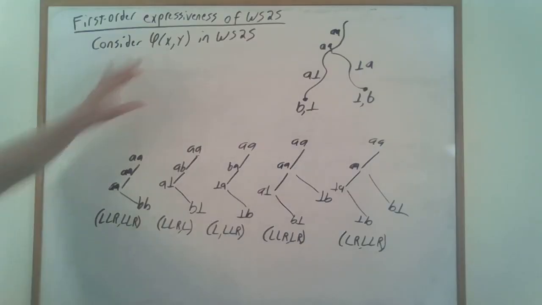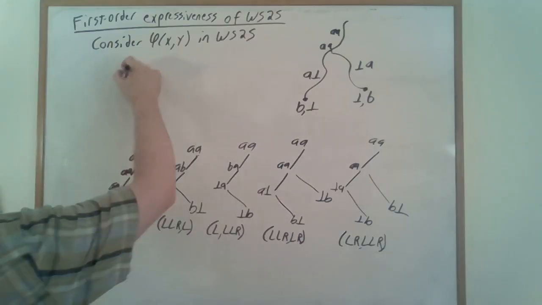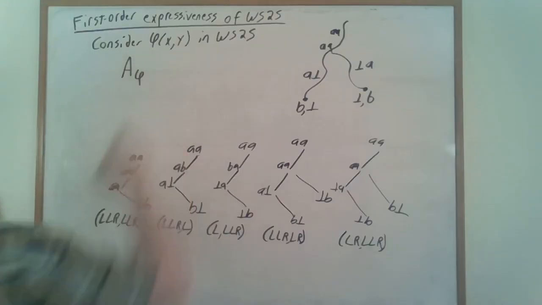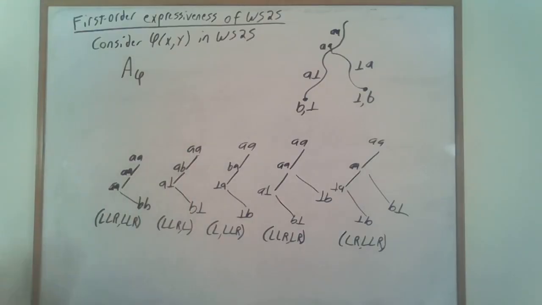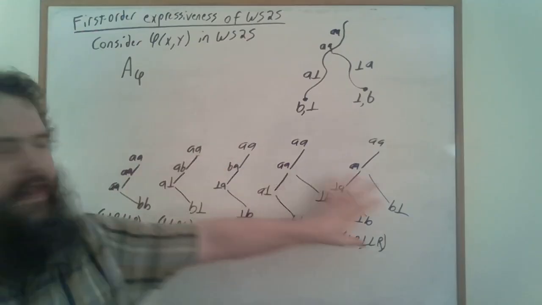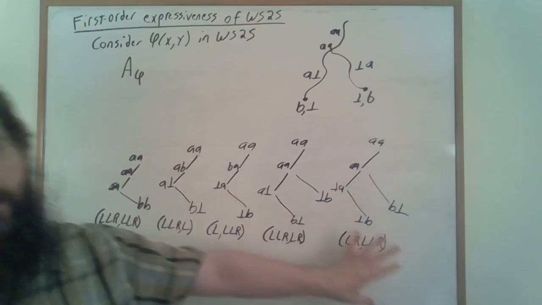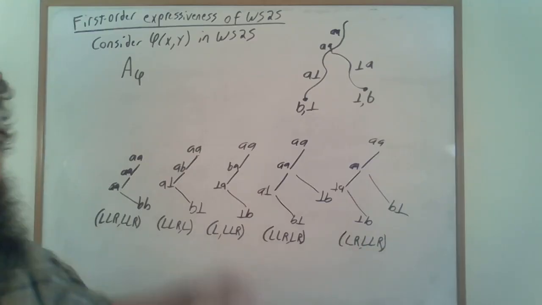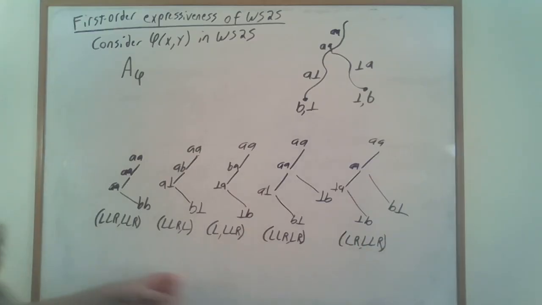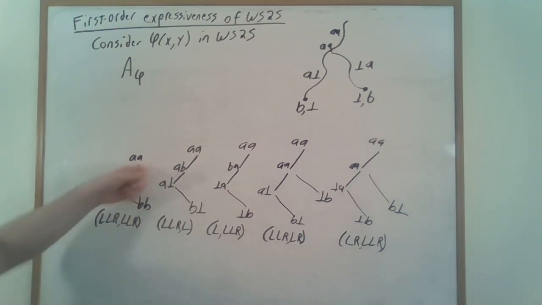We have our phi, we can turn it into some a sub phi, and we're going to want to take the language of tree words accepted by a sub phi and intersect it with various templates of shapes that these tree words could have. And each of these cases corresponds to a tree regular language. You can find some sort of tree automaton that detects when all of the characters in a tree word are